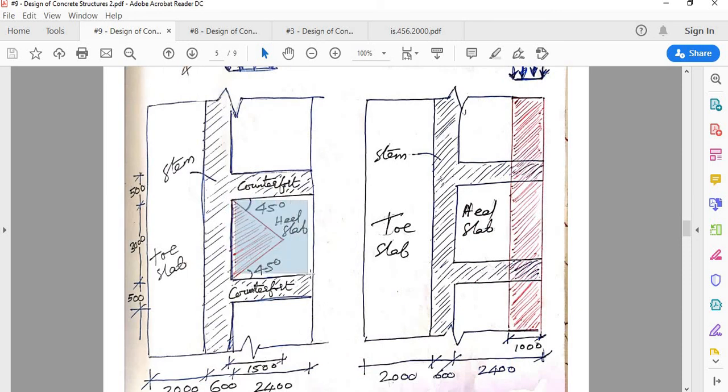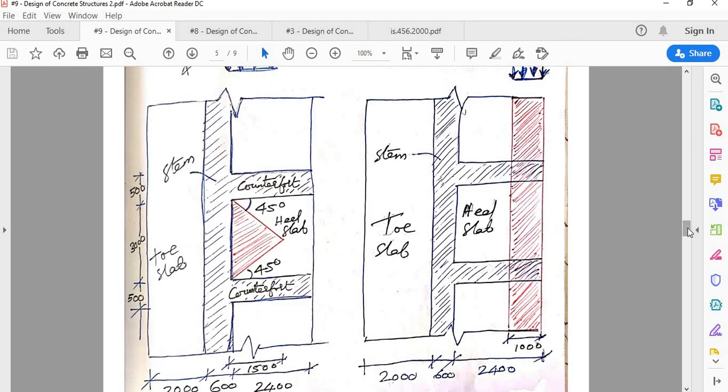What we said was that this heel slab is under a peculiar support condition. You have fixity on three edges, right? This edge and counterfort edges, and this edge is free. So we'll use a triangular portion as cantilevering, and this straight portion, we are assuming it is like continuously spanning over the counterforts. So this portion is supported on the counterforts and this portion is supported on the stem as a cantilever. So separately we designed this as a continuous beam, and this we designed as a cantilevering portion about the vertical stem.